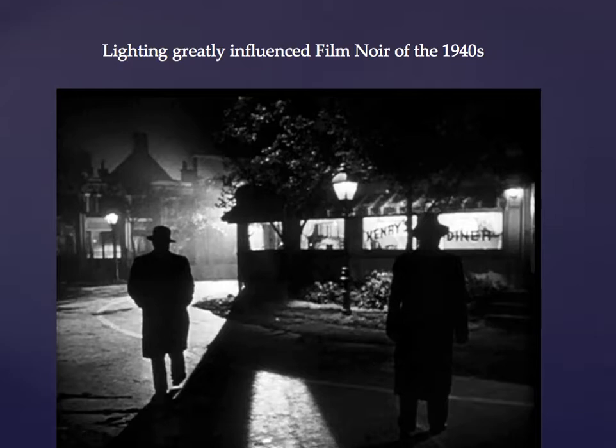Studios aren't real happy about it because they are worried that there are a lot of people that won't go see a black and white movie, and they put a lot of pressure on directors not to film in black and white, even if it's a parody of Frankenstein movies, like Mel Brooks's Young Frankenstein, and he got it in black and white, and I'm sure the studio was freaked out about it and didn't like it at all, but it was a big hit and did just fine. So anyway, Expressionism, or German Expressionism, and film noir from the 1940s.